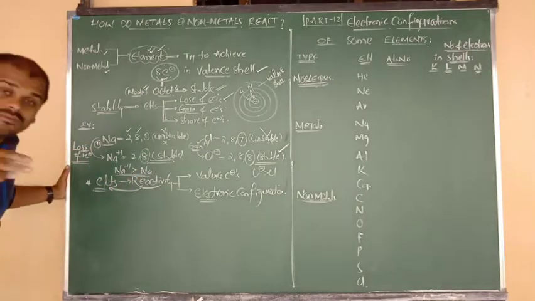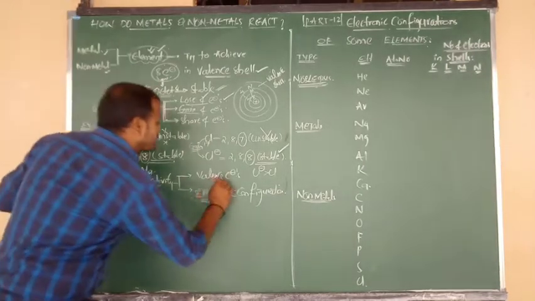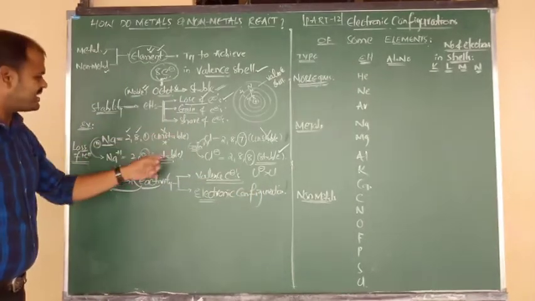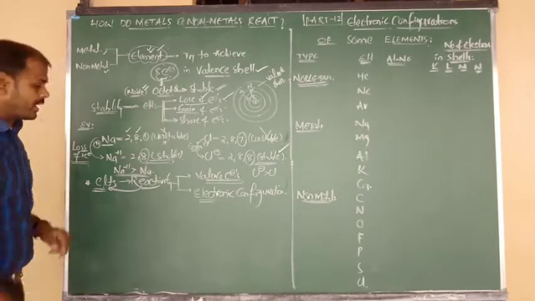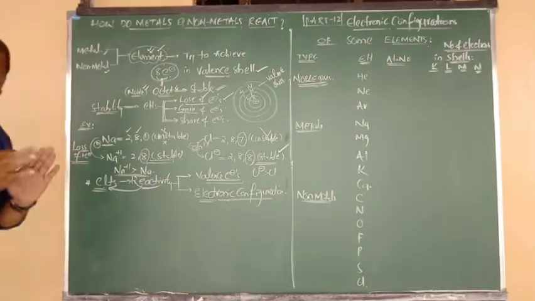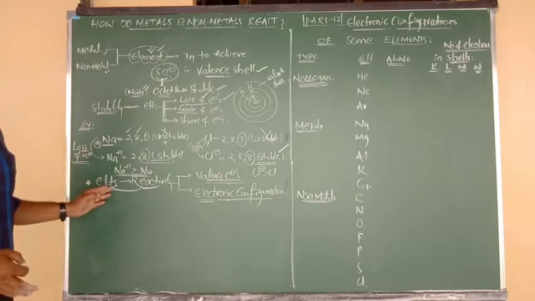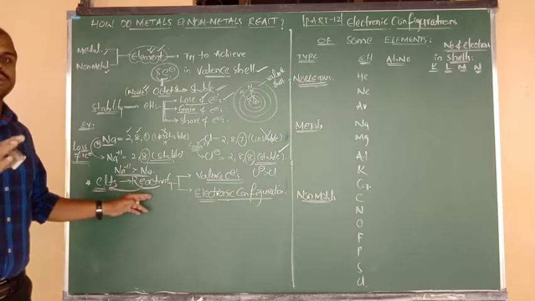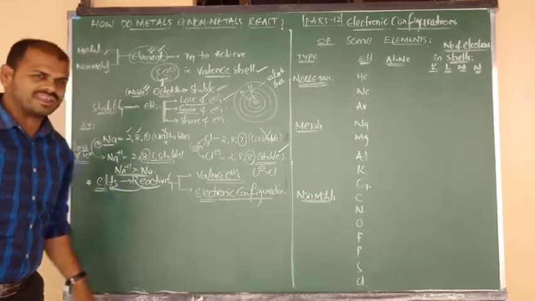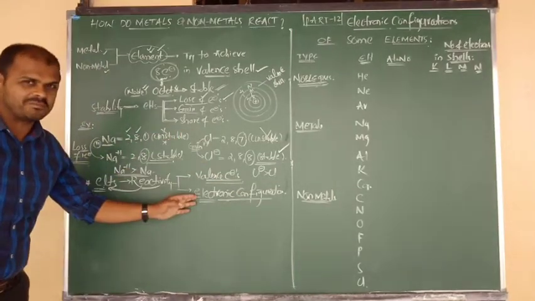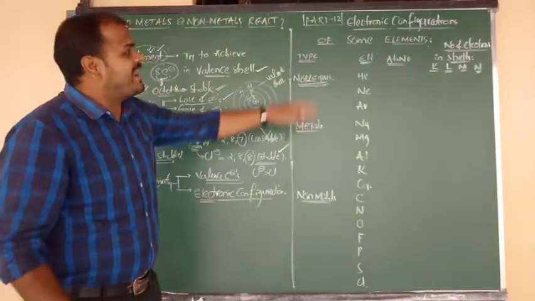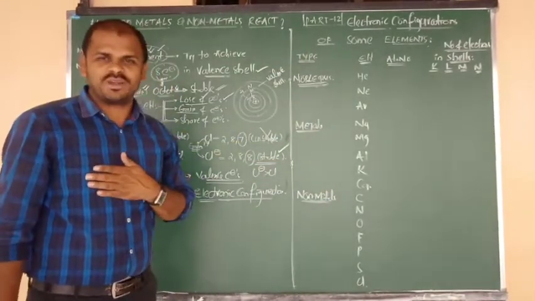And the last and final thing, the reactivity of elements always depends on two factors. One is valency electrons, like this one, and it also depends on the electronic configurations. So now my concept is how the reactivity of elements depends on the valency electrons and electronic configuration. I have already told you in the two examples, but I want to consider a few more elements and show you their electronic configurations.